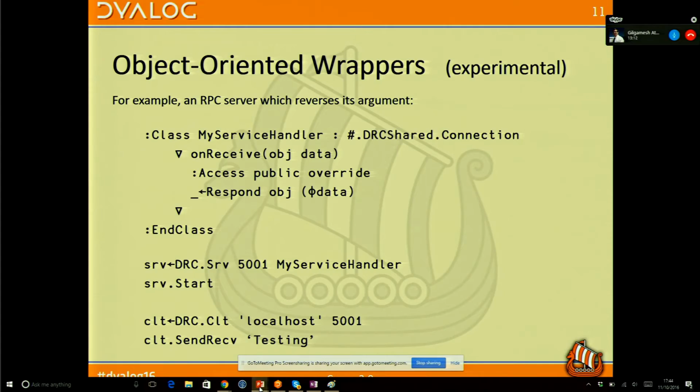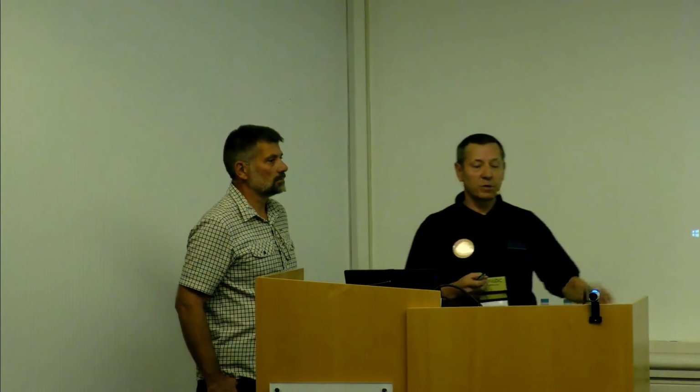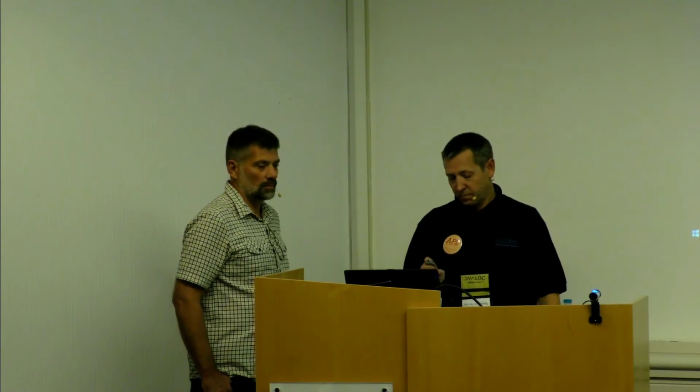So for those of you who don't know Conga, it used to operate in two modes, basically command mode, where you could send an APL array, and the assumption was there was an APL server at the other end that would receive that and get it back. Or you could be in raw mode, where you were sending raw text or bytes. And this is assuming that you're using the command mode, of course, because the server we're dealing with here is command mode. So now in Conga 3.0, there's going to be a third style of connection, which is the HTTP. So you declare a connection to be an HTTP connection, and then the system knows that you're sending complete.